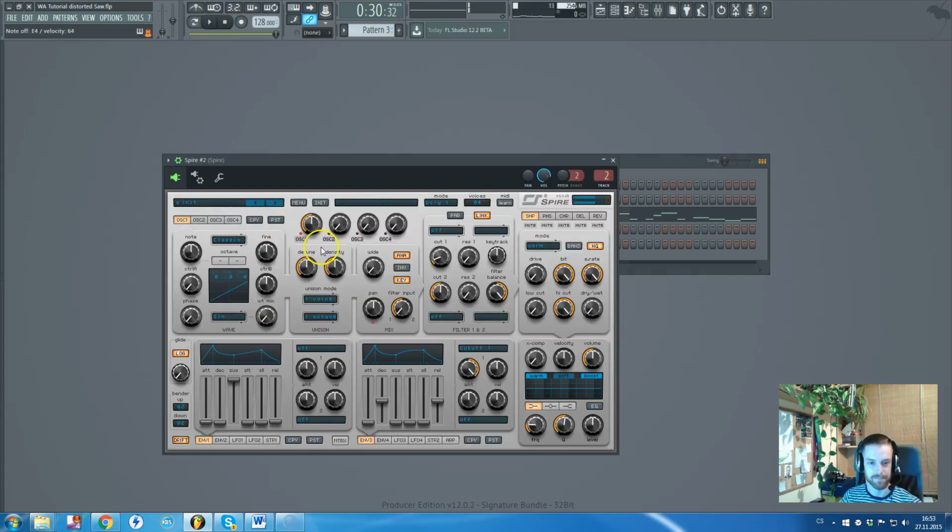So here is the classic saw. What we will be trying to achieve here is, I'm sure that there are plenty of videos on what the acid effect means and how it works. So if you don't know how it sounds and what basically it is, you should check it out. I will just briefly tell you that